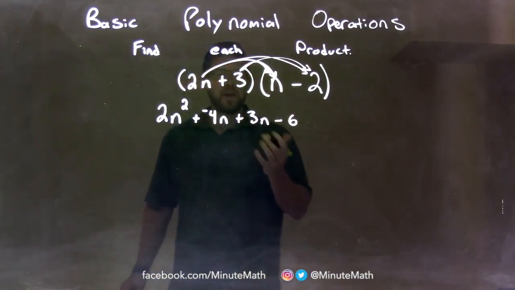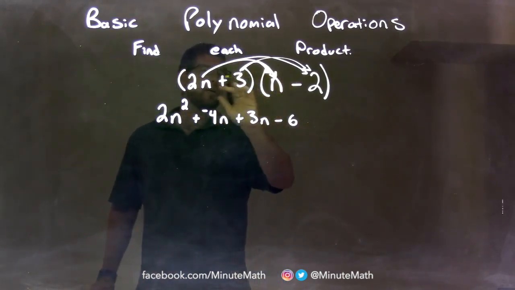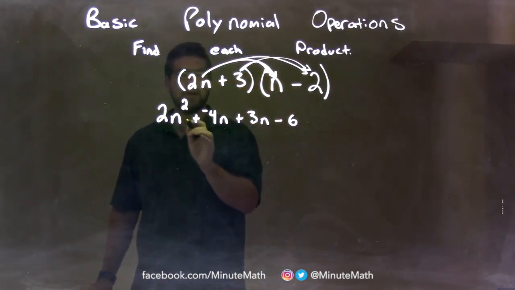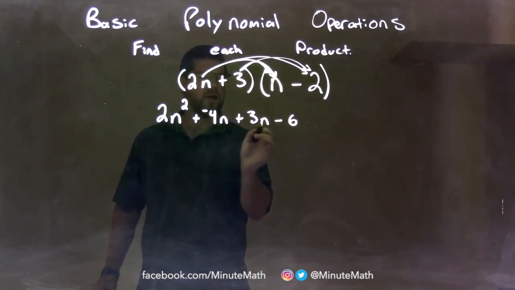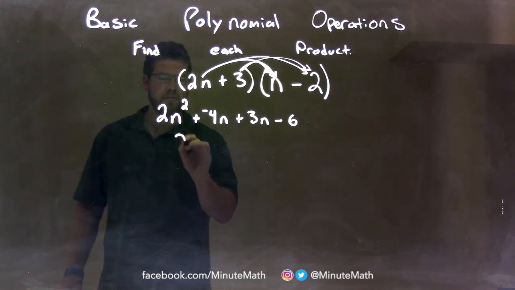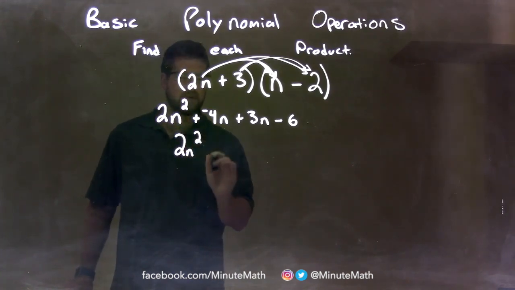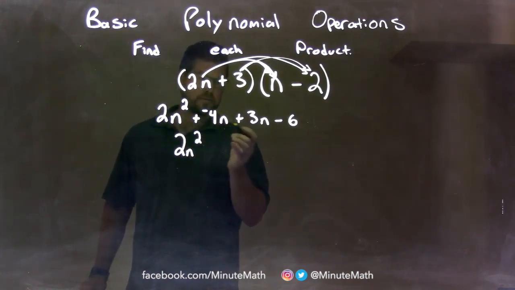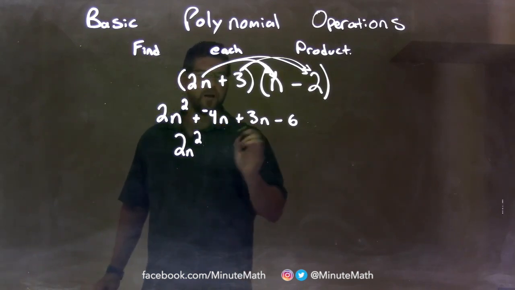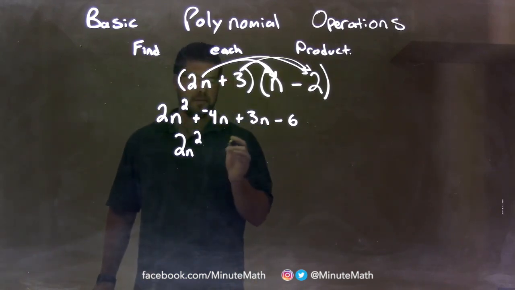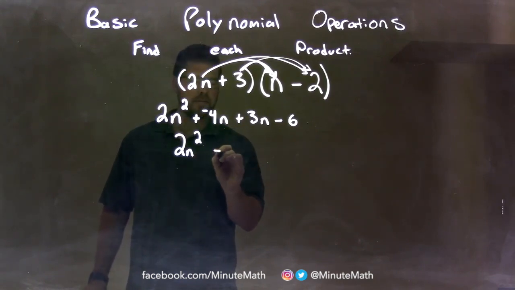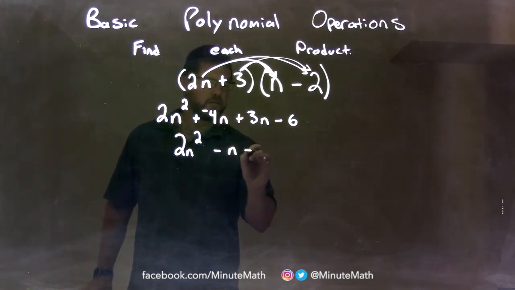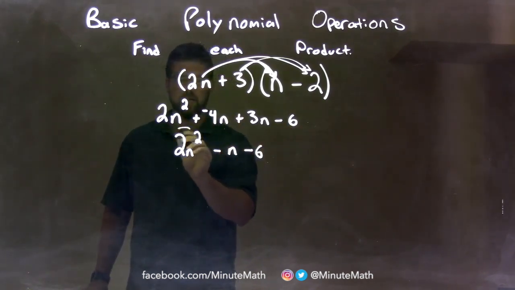Okay, so now we've done our distributing right here. So now we need to simplify what's left. Well, the only two like terms here are the minus 4n and the 3n. So we bring down the 2n squared. Then negative 4n plus 3n is a minus 1n, right? We don't write the 1. When it's 1, we just leave it there. So we just write the minus, so minus just n, right? And then we have minus 6. And there we have our final